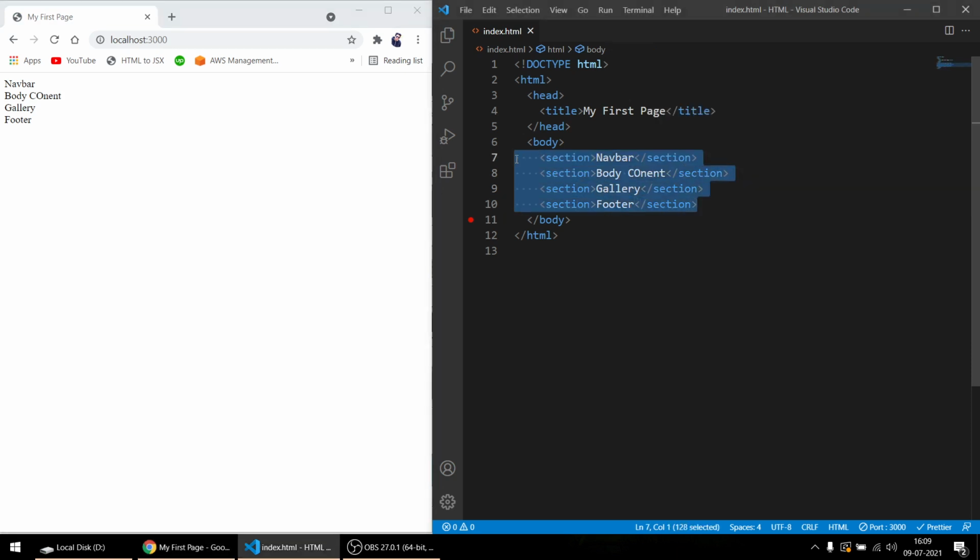It's not required, it's definitely not required, but it's good to use, and it should help the browser and your developer team also. So you put every big thing in a section, and in the nav bar you may have multiple things, so you can put those in div. That is the difference between div and section. Div is for smaller things and section is for bigger things, like the whole nav bar, whole body section, whole gallery. So this is what we covered about div, span and section tags.